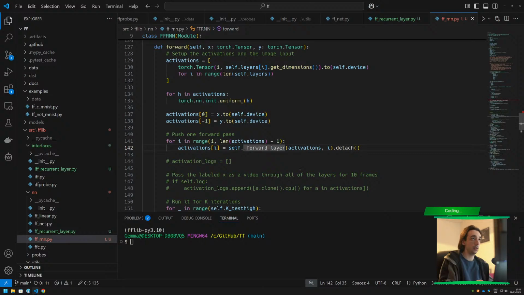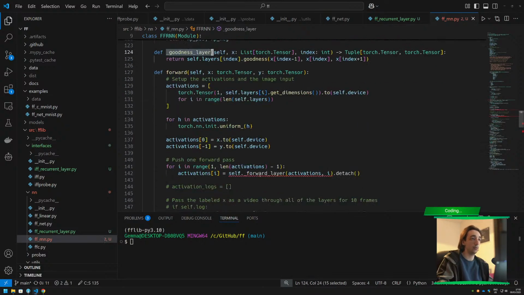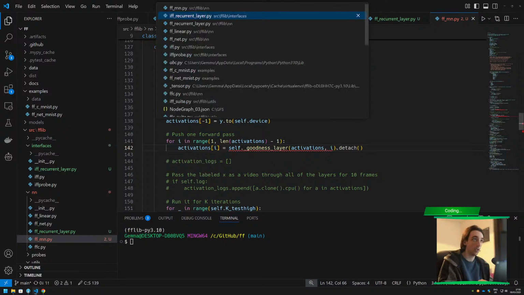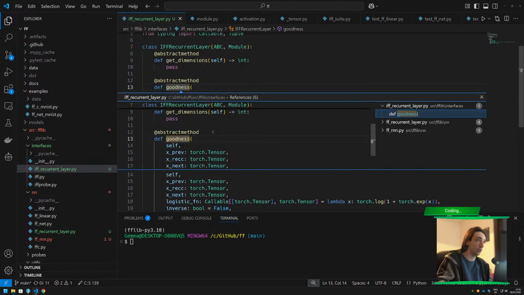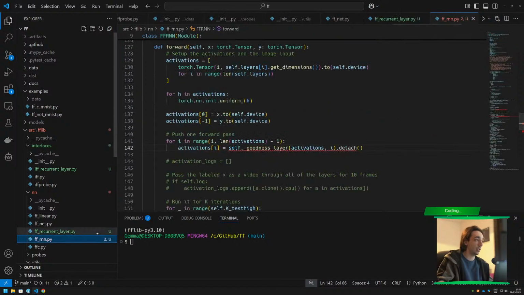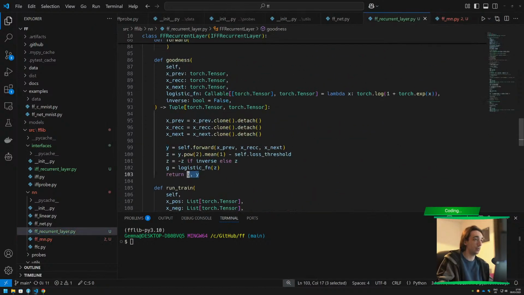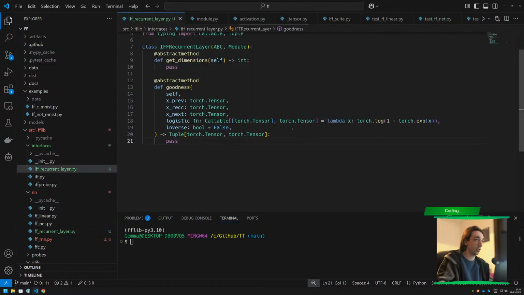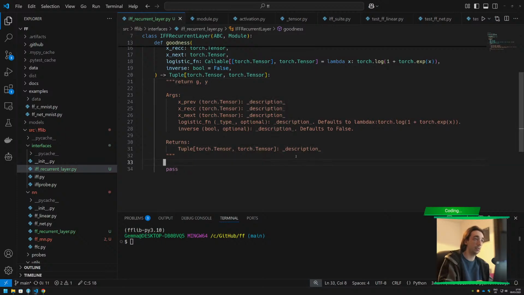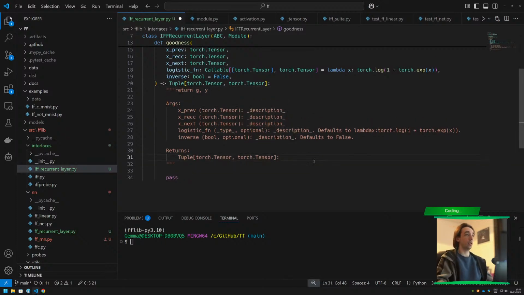And here, since this is renamed, you want to return a tuple here, and since you return a tuple, you have to look at this method here and say, okay, this method returns G and Y, goodness and Y. So let's just go into here and do this, and returns. Here we write returns